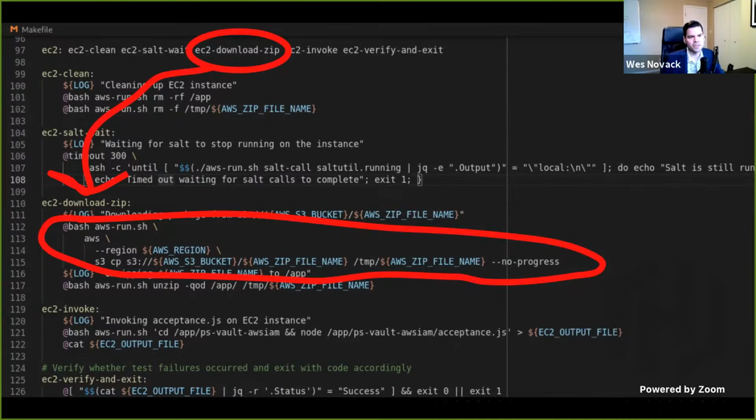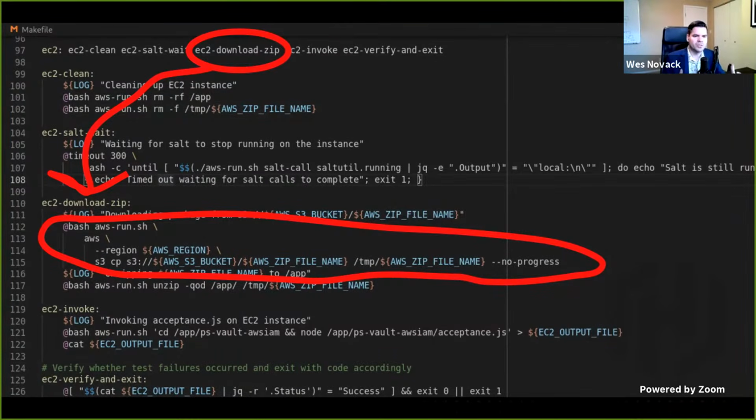So to explain what's going on here a little bit further, this aws-run.sh shell script is really just a wrapper script for us that helps us call this AWS service called Systems Manager. So AWS has this service called AWS Systems Manager, and you can install the AWS Systems Manager agent on your EC2 instances, and that enables you to run remote execution commands from anywhere to your EC2 instance, as long as you have the proper IAM credentials and permissions to do so.